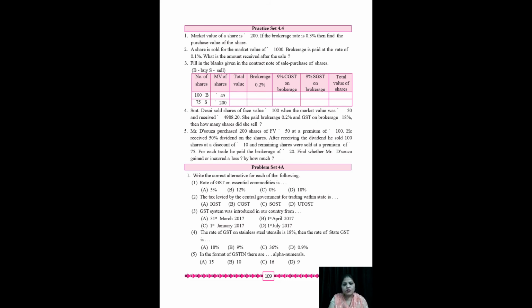108 cancel. So now this part, 4.4, we don't know why this exercise has not been cancelled. Maybe we'll get updates regarding this because it was not there in the PDF file which we received. So I am not cancelling this, but as in the previous part, if the theory part is not there, then practice set 4.4 should also be not there. But let's check. अभी इसके बारे में कुछ update आया नहीं है. As and when we get updates about this page, I'll tell you.